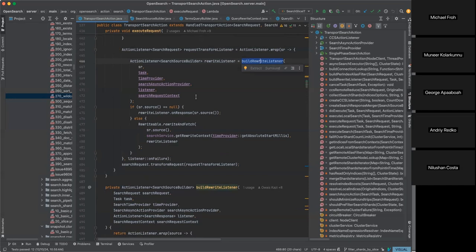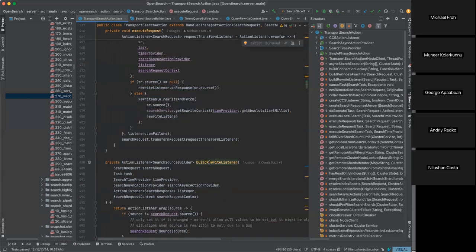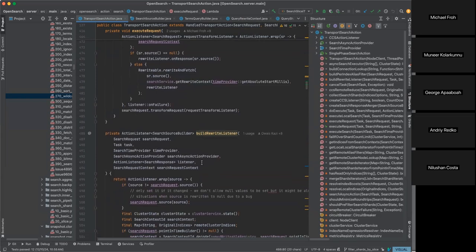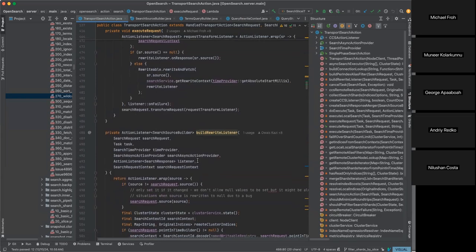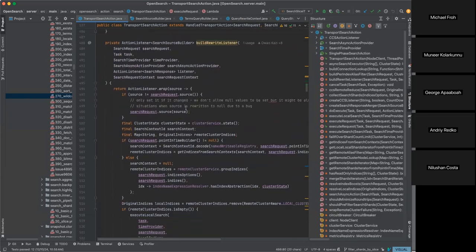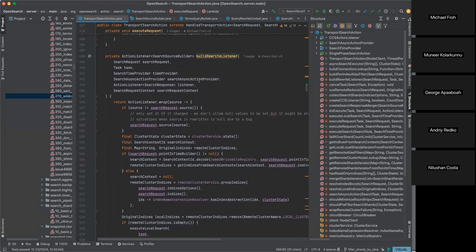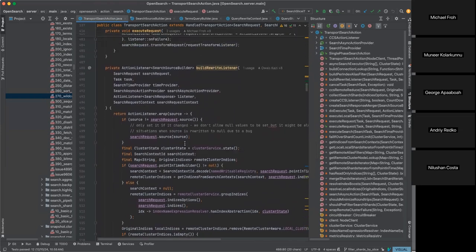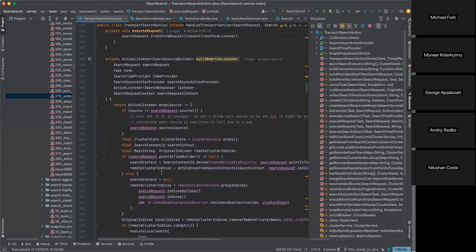Yeah, the code was getting a bit convoluted. Calling this rewrite listener is not a great name, because it's naming the method based on what it executes after. Really, if I were to call this something different now, which I always could, because it's a private method and we can rename it,